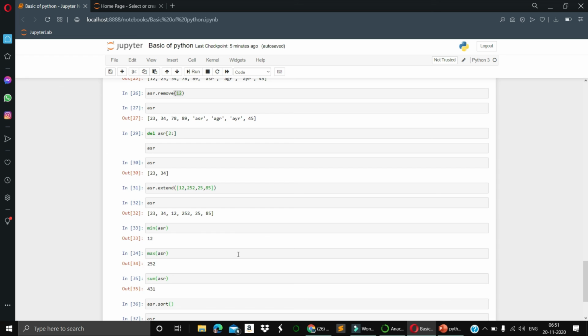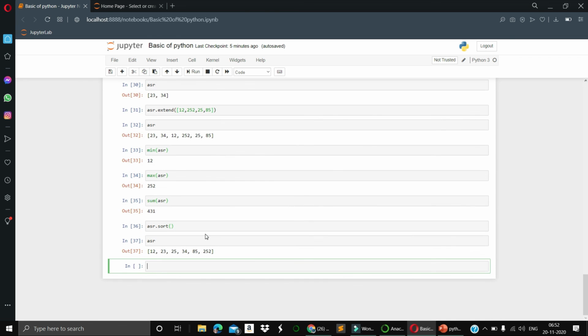And we have also discussed the functions called maximum, minimum, extend, and the delete operator. Multiple elements we added, multiple elements we deleted, because a Python list is mutable, so you can change the value, you can remove, add, extend, sort the values, anything we have done.